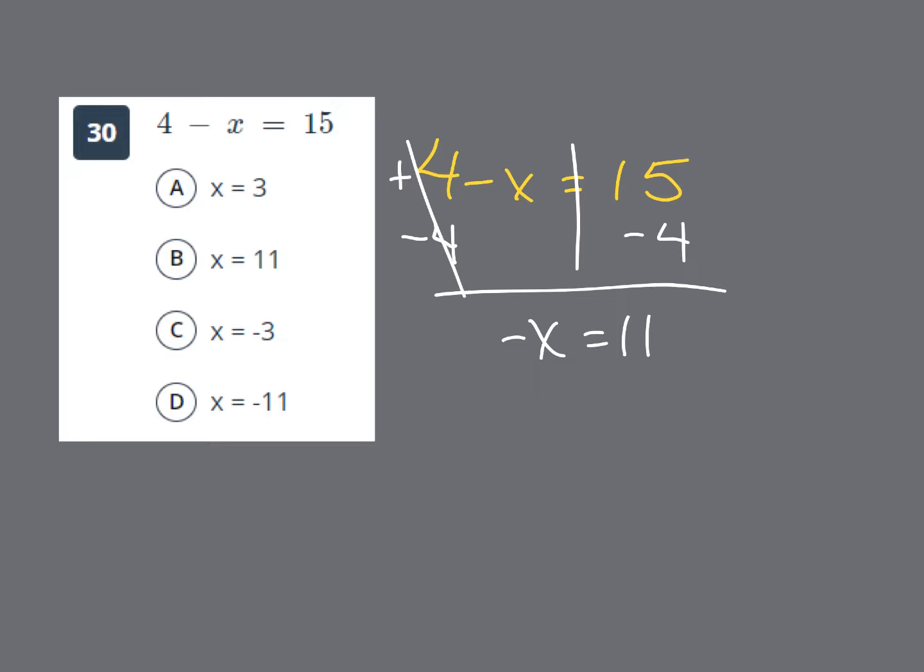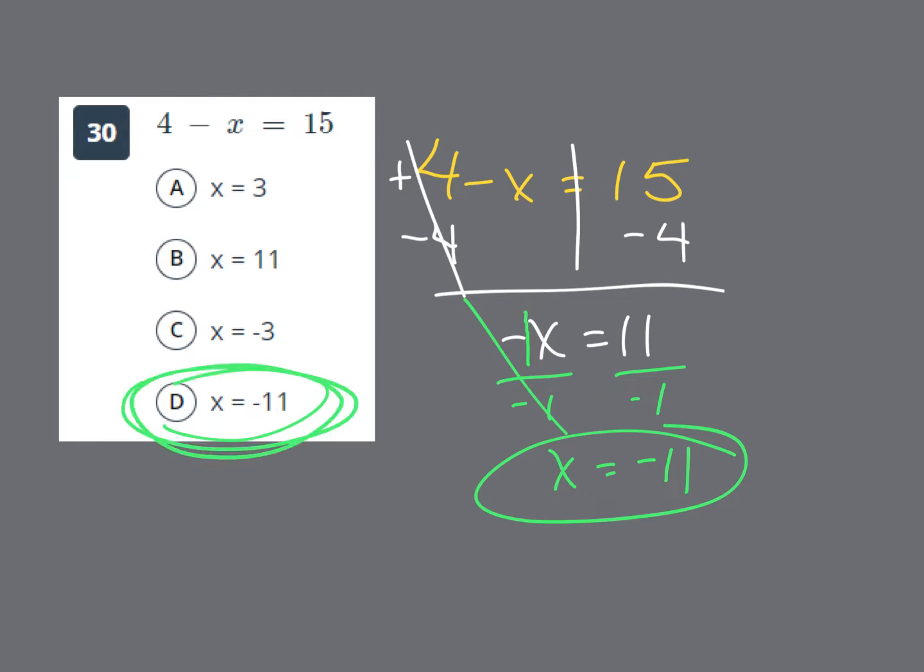Remember, there is a ninja 1 in there. So I'm going to divide both sides by negative 1. Those cancel. I'm left with x equals negative 11. And there you are. Choice D it is. Next,